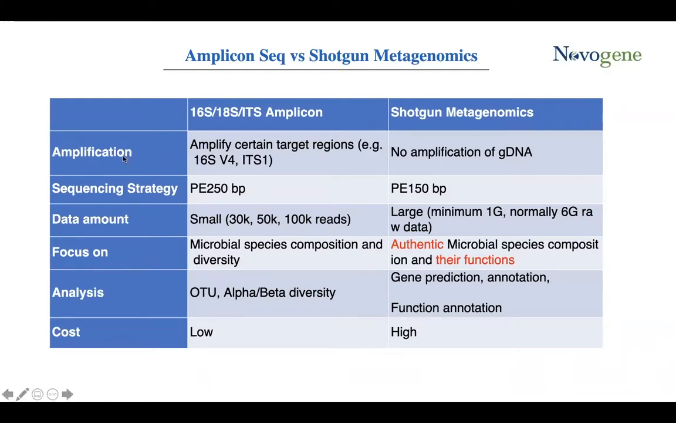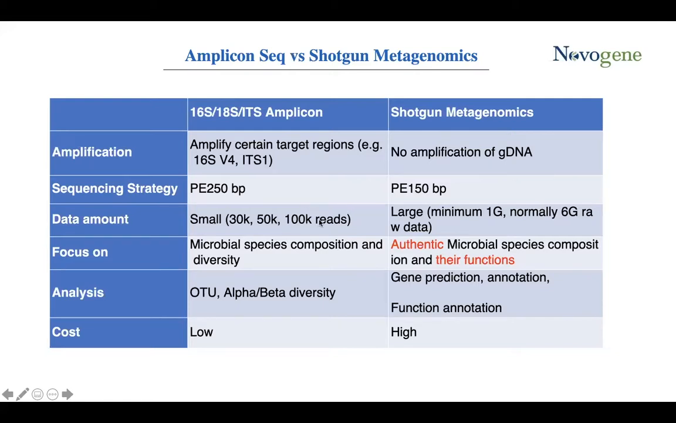So firstly, in amplicon sequencing, we amplify a certain target region, for example 16S V4. This is often our region of interest in bacterial studies, while in metagenomics, we do not do any amplification of genomic DNA. We just use the DNA directly to proceed to library preparation, so we can get a more authentic view of the samples. And secondly,